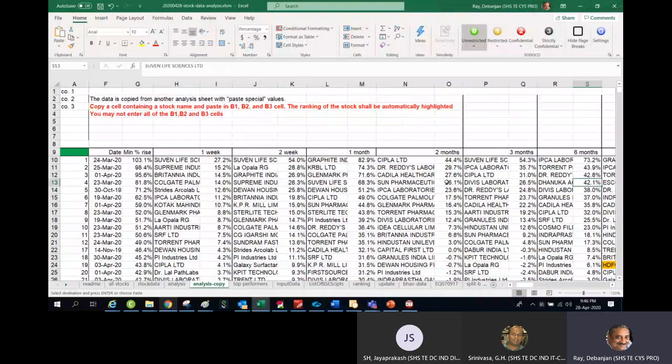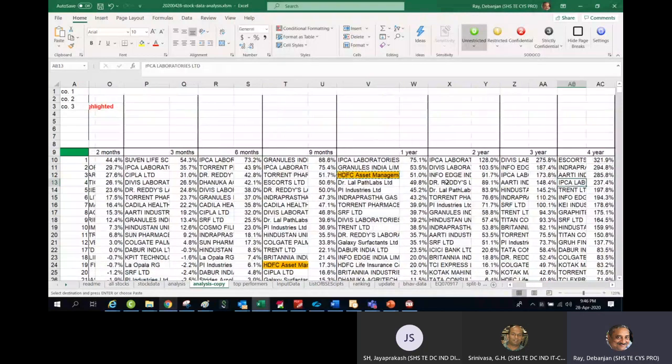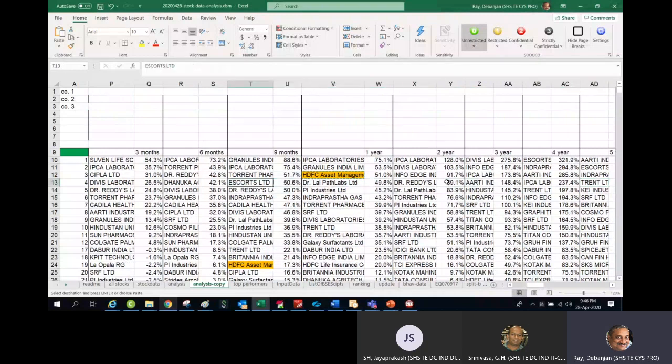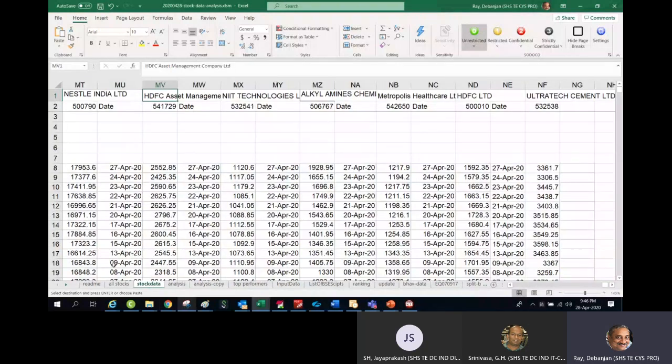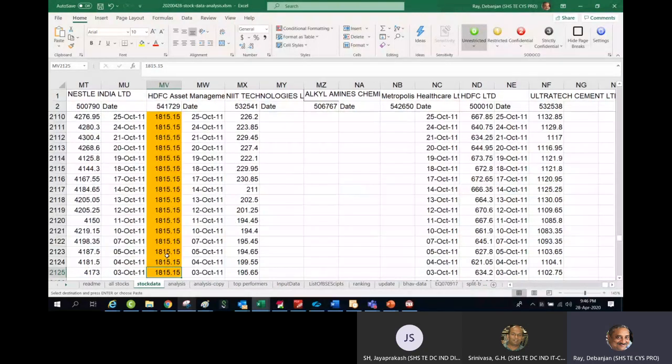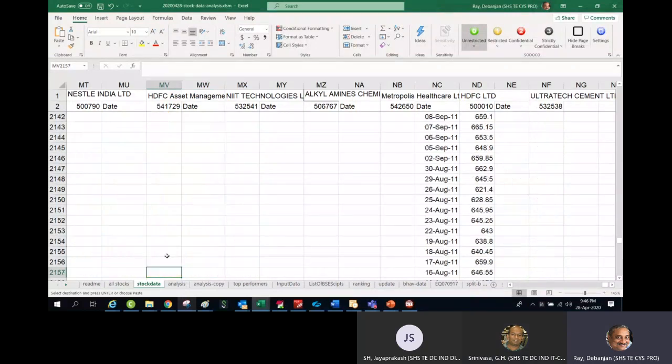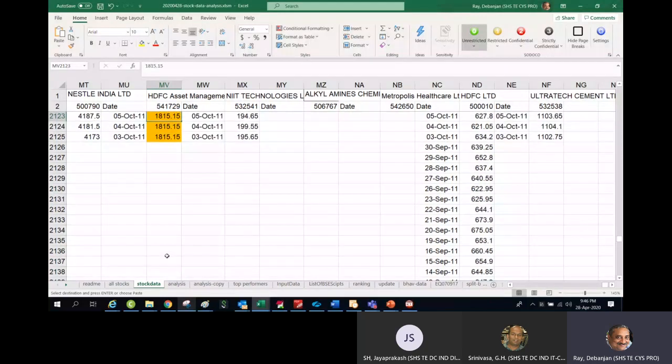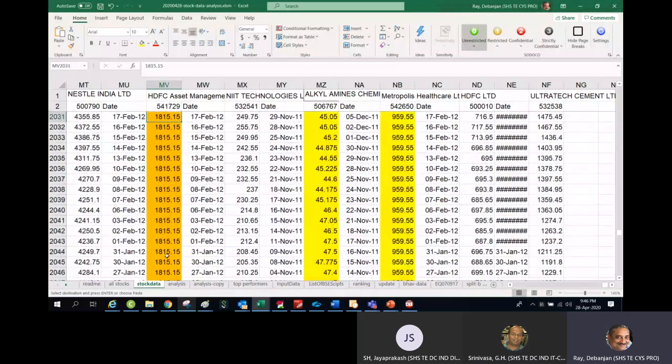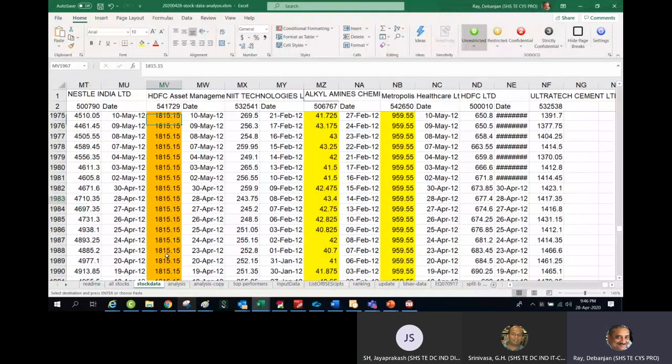Yeah, your question is correct. Some data is fictitious, because currently, if you go to the stock data, this company is not a very old company, but I had to make this data equal, otherwise the Excel was showing an error. So whatever you see there is not the real data. It is just to fool this one. Maybe this Excel can be improved.